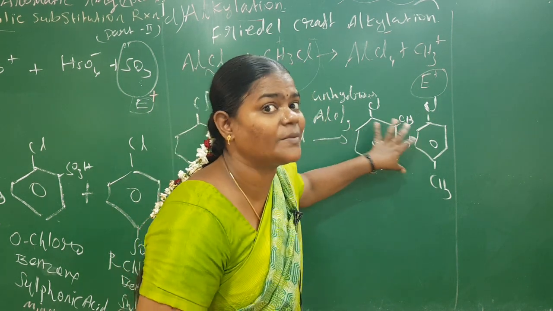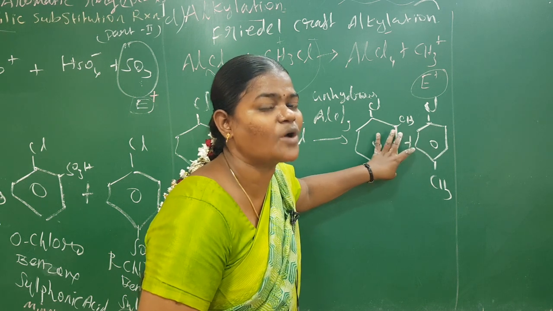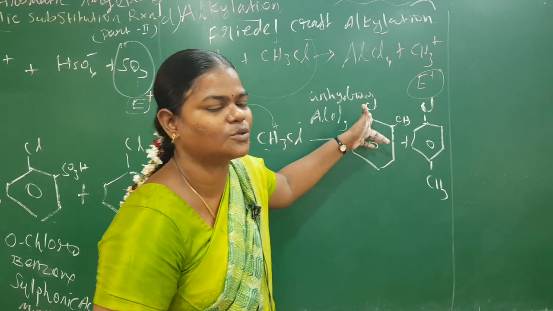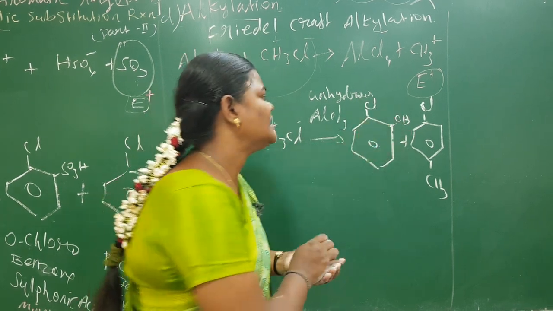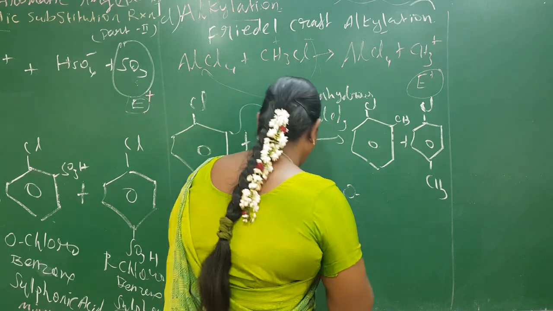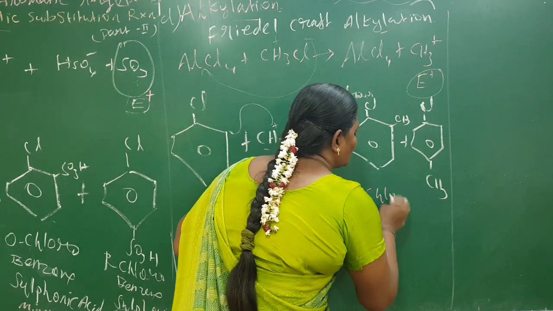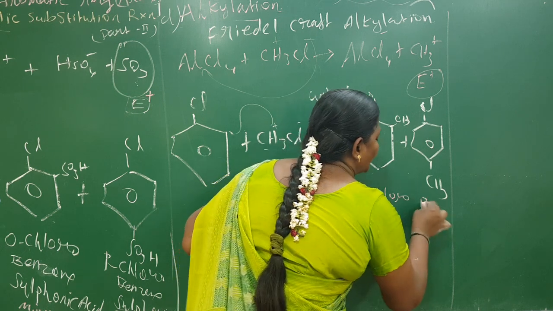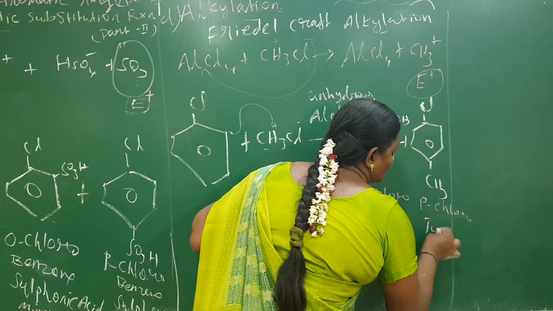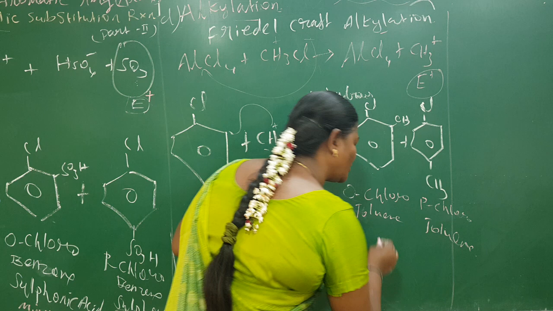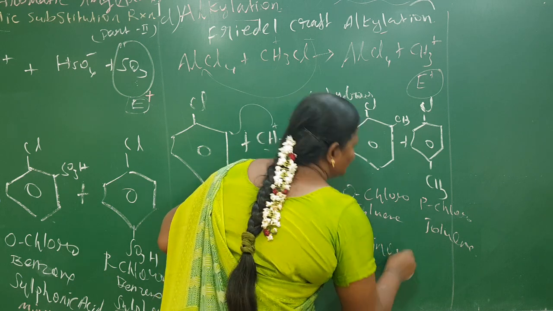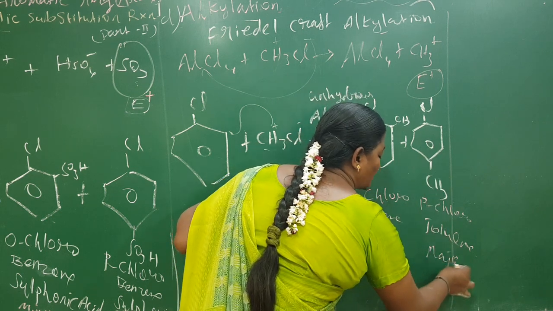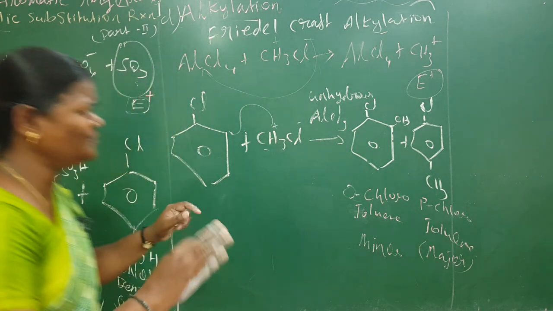First, generally you should know how the name comes. If a methyl group is present on a benzene ring, the name of the compound is toluene. In that toluene, we now take chlorine as the substituent. Since it is in the neighboring position next to the methyl group, we call this orthochlorotoluene. Here it is parachlorotoluene. Very important compound. The ortho is a minor product because it is on the adjacent side, but the para position on the opposite side is our major product. Major product. Very important.